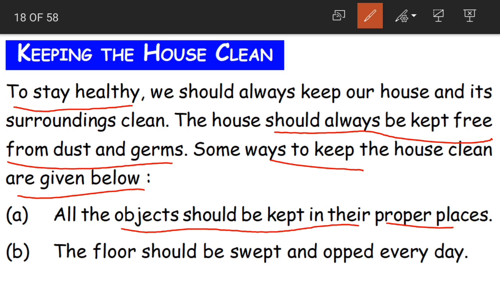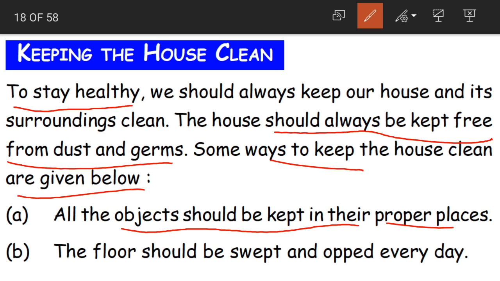What do you do after taking a bath? You'll comb your hair, you'll powder yourself and you'll get ready in front of a mirror or a dressing table. After you comb and apply powder, what will you do? You have to place the comb or the powder box again in the place where it has to be, on the dressing table.